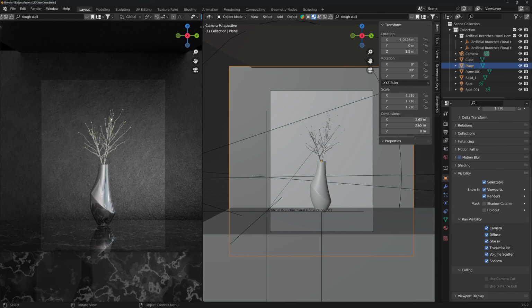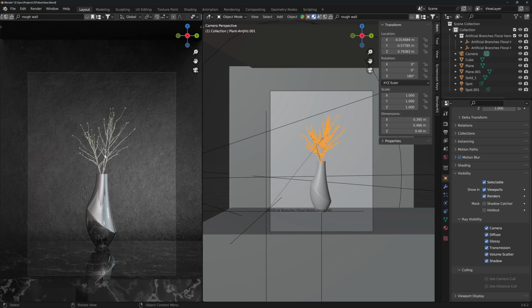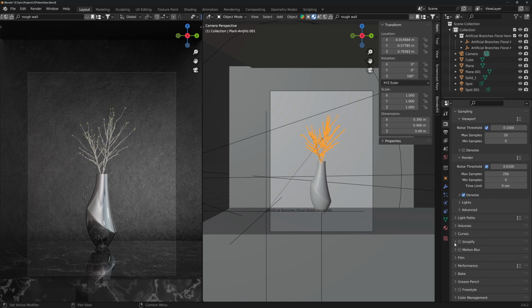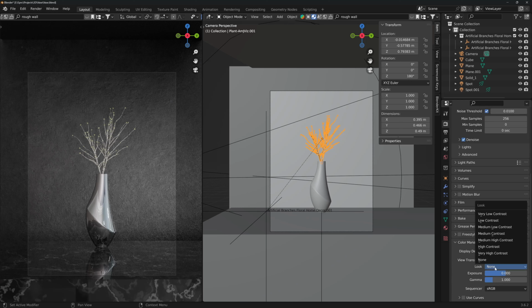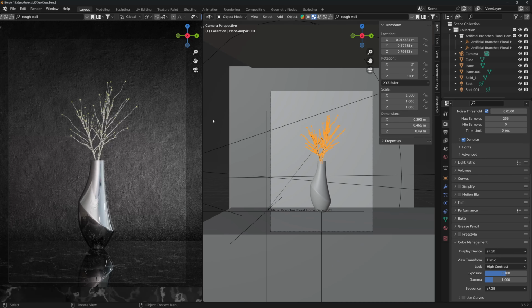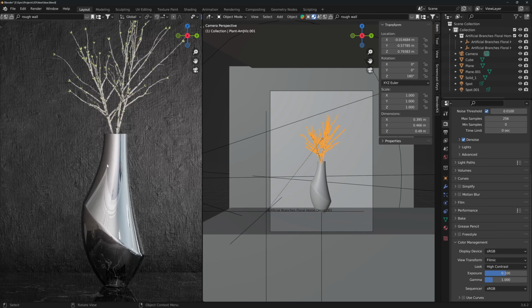So now we have the wall, we have the vase, we have almost everything. Let's go to the render tab. Under the bottom of the list, you see color management. I'm going to put this look to high contrast. Maybe increase the exposure a bit to 0.1. And let's see what else can we do. Maybe this part here is a bit dark. So I was thinking we could